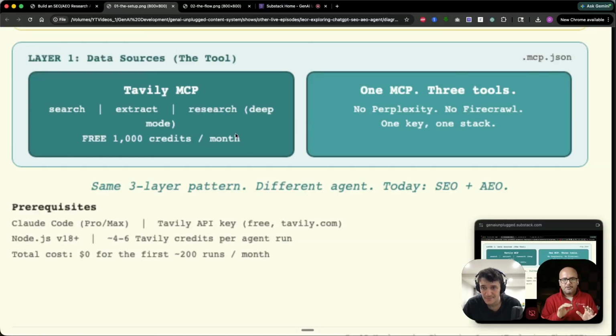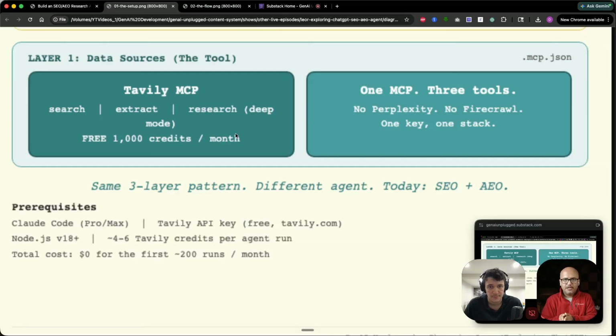For example, here, we have to research the SEO keywords in this particular agent. We have to extract what my competitors are ranking for, which keywords, right? So that is all internet search. Claude does not know what my business is, or who my competitors are. Claude does not have a clear way of doing deep research. Maybe it can do deep research, but it is not powered to fetch or scrape the web content to analyze it. In order to do that, Tavily is a service that provides that functionality, similar to Perplexity.